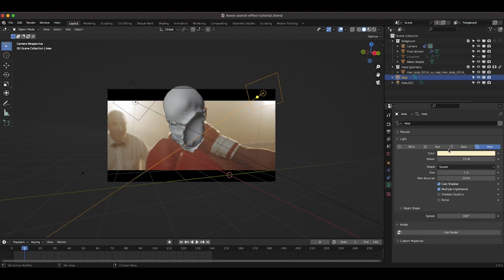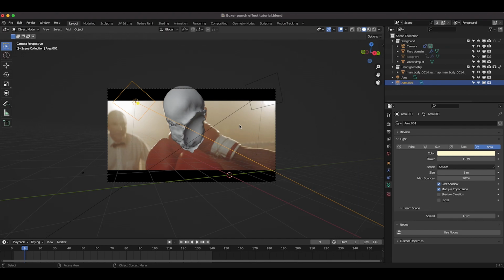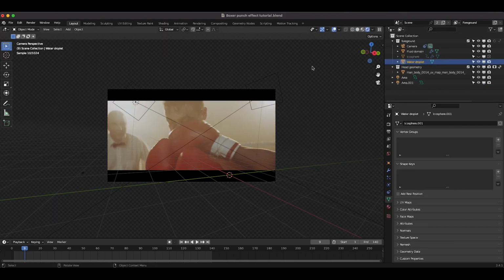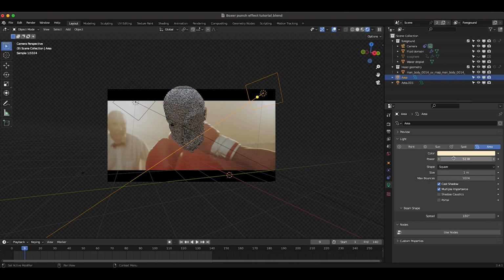Do the same thing to this area light, just a little warmer, and I'll also bring up the power of our lights as well. I'll go into render view here, and just so we have good reference, I'll turn off our holdout and indirect only for now, and just increase the power of these lights for a second. Maybe make these 2000. Now you can see we have a nice kicker on the back of our character's head